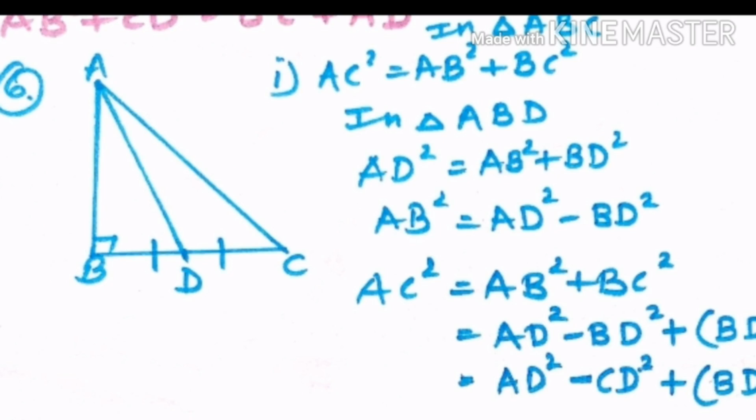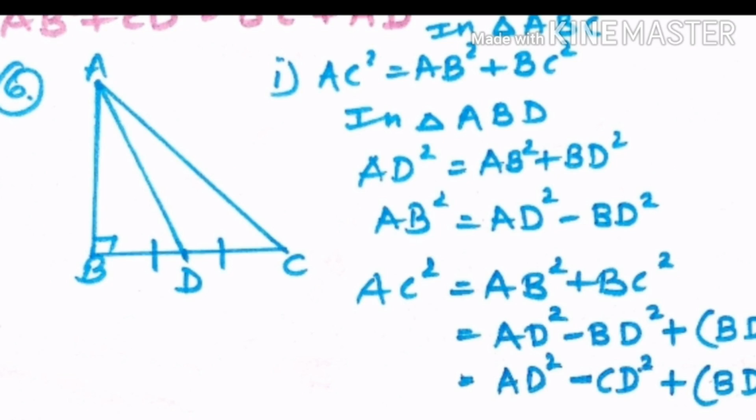So you can see now we substitute value of AB square in that. So AB square is AD square minus BD square, which has been substituted in the first result. AC square is equal to AB square plus BC square, so here AD square minus BD square